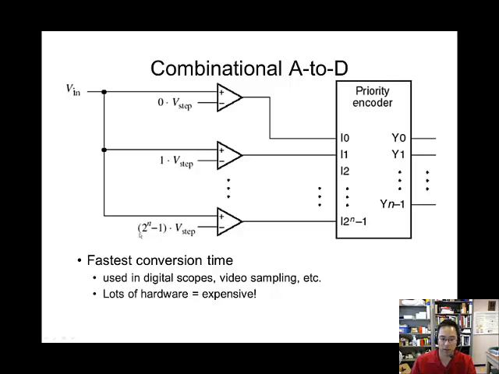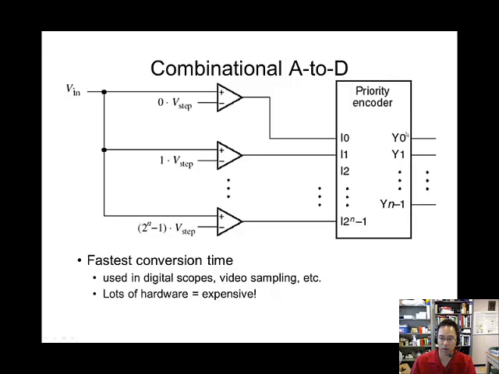It'd actually be a little bit less than that. And then everything in the middle, if we linearly distribute 0, 1, 2, up to 2 to the n minus 1 V steps, then we can create a nice linear mapping of analog to digital